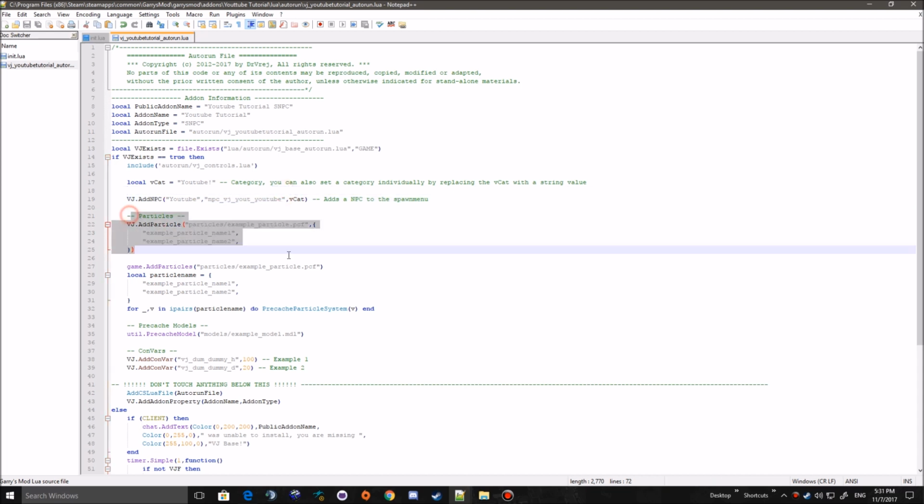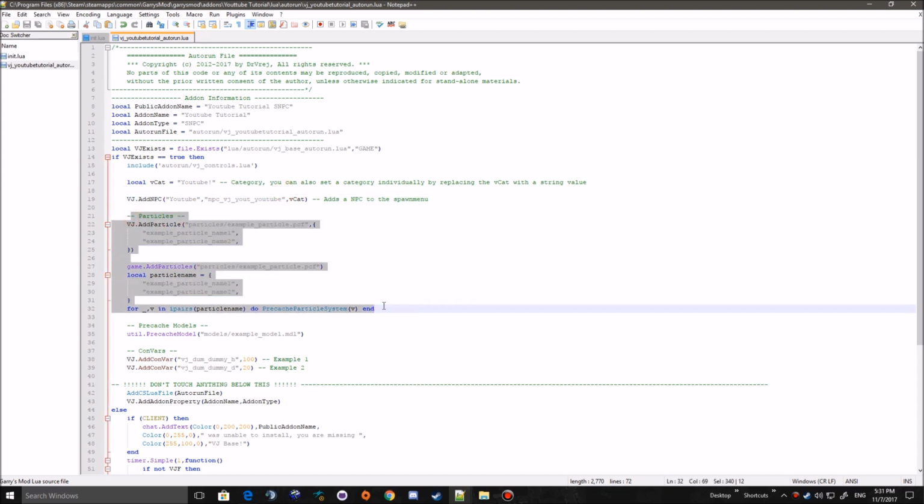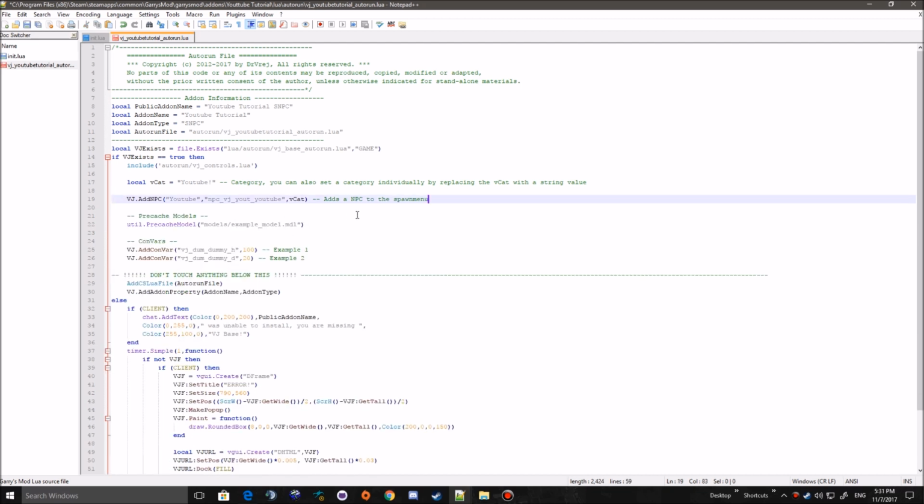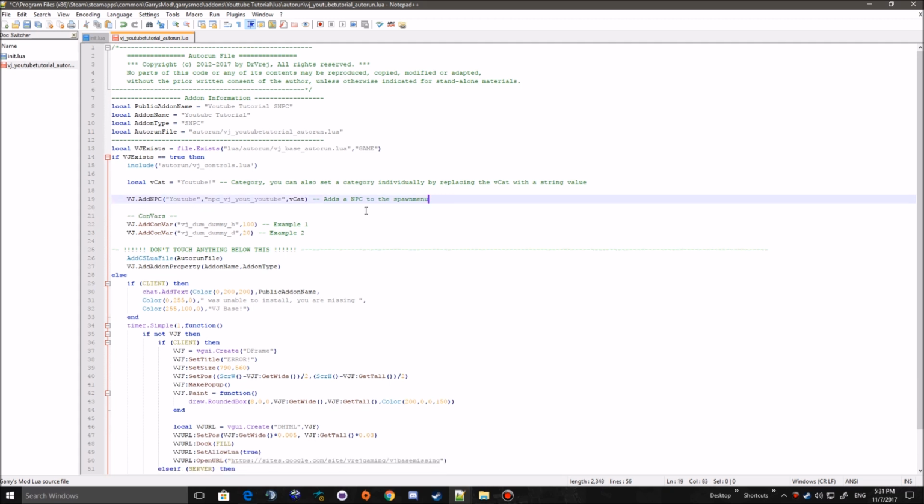And this part, this is for particles. Again, I will make a tutorial on how these work, but for now you don't have to worry about them. Let's remove that. Same with this, I'll show it in another tutorial. And this one, leave it as it is for now, we will come back to it later. So save the file